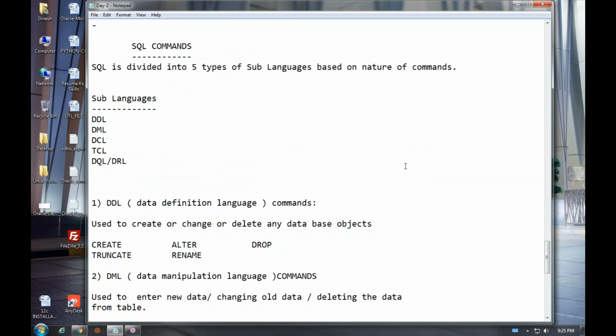Now, what is SQL Star Plus? It is an interface. How to communicate? By writing queries. How to write queries? By using SQL components. Under SQL components, one of the parts is SQL commands. What are the SQL commands in our Oracle? See, SQL commands are divided into